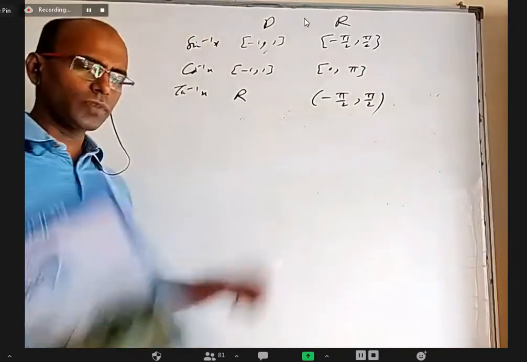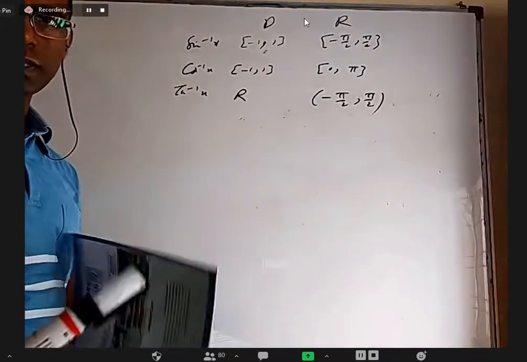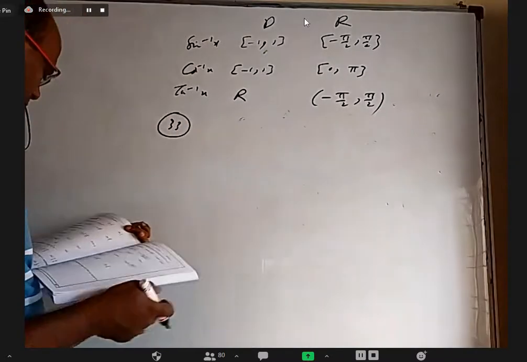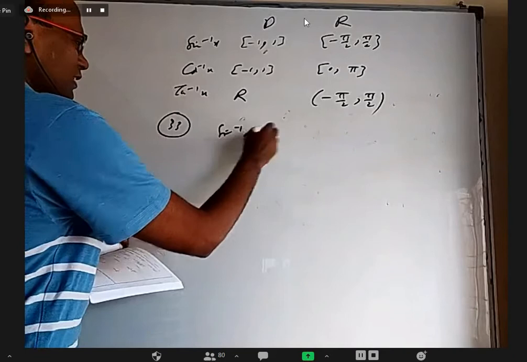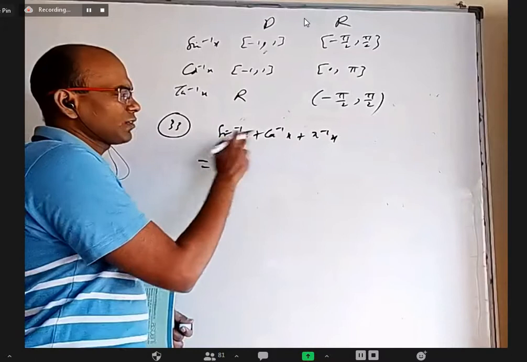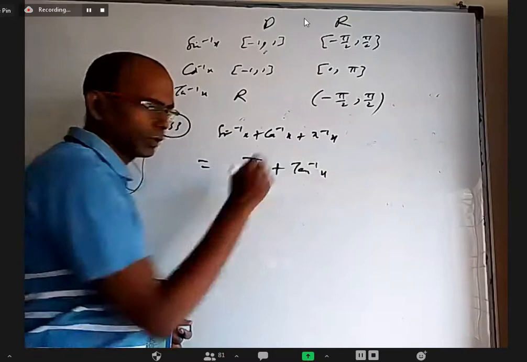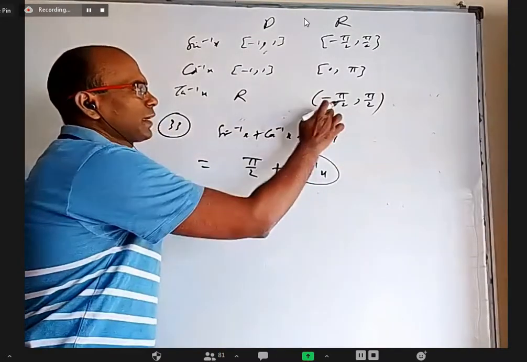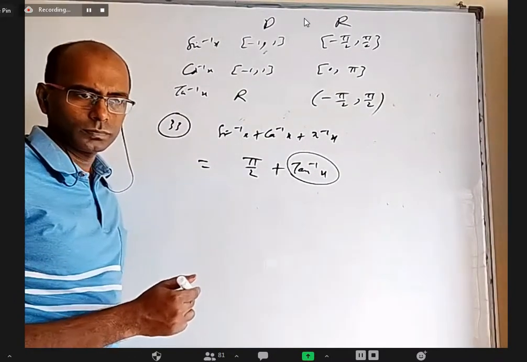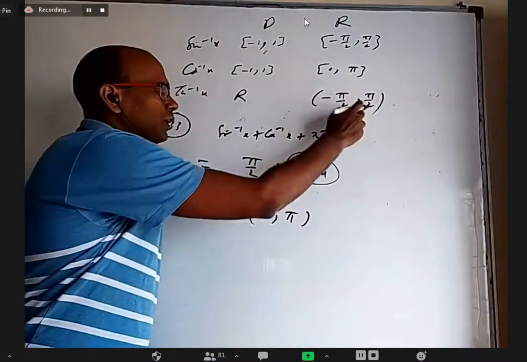So we have some range questions. We may use this data, but question number 33 has a small trick in it. It's very important to notice that. Question number 33. First, I'll tell you the wrong method, then I'll tell you the correct method. Sine inverse x plus cos inverse x plus tan inverse x, they want the range. Sine inverse x plus cos inverse x, you can write as pi by 2 plus tan inverse x. Tan inverse x alone is between minus pi by 2 and pi by 2. When I add pi by 2, it will be between what and what? 0 to pi. Yes, add pi by 2 here, add pi by 2 here, 0 to pi.